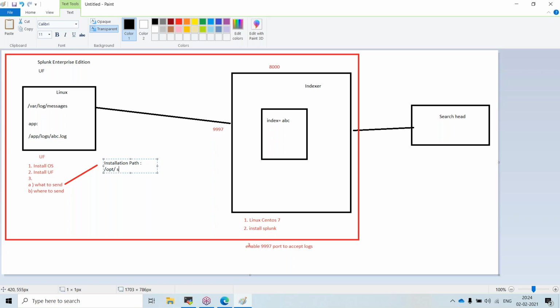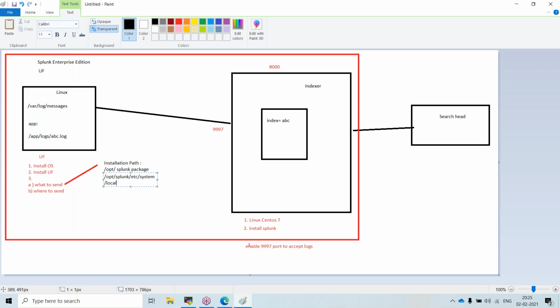Now if I want to provide the instructions, my path would be slash opt slash splunk slash etc slash system slash local.